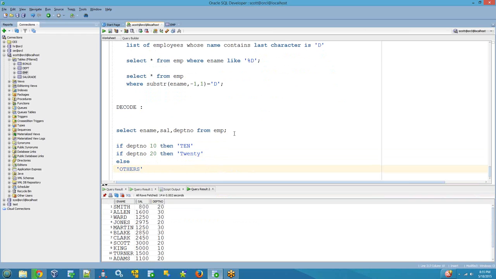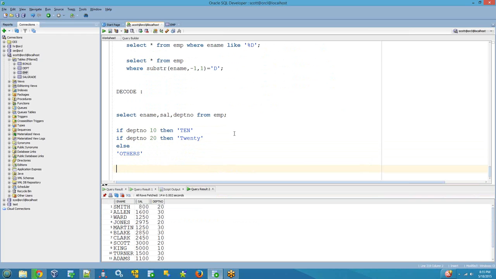If department number is equal to 10, then print 10. If department number is equal to 20, then print 20. Else it displays others. How can I write this one? This type of if else implementation can be done in Oracle with the decode function. So the decode function is